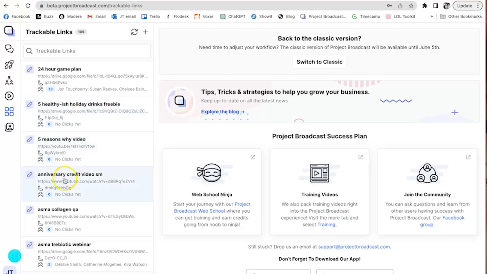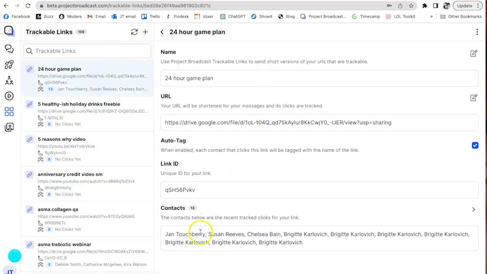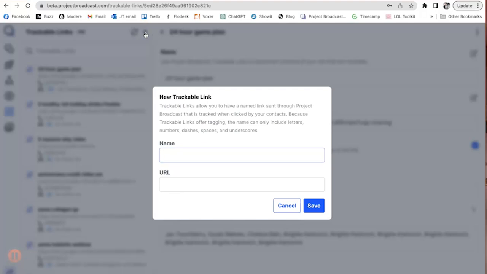And if you use that link as a trackable link, anytime somebody clicks on it, I'll just use this as an example, you can see every single person who clicked through. Okay, so it's super easy to set it up. You literally just click the plus sign, you name it, and you put the URL in and hit save. And then when you are doing your message,